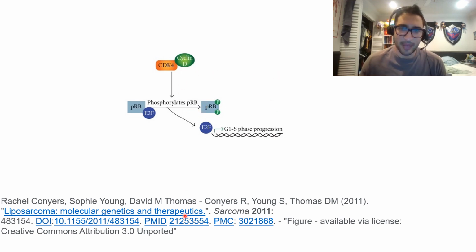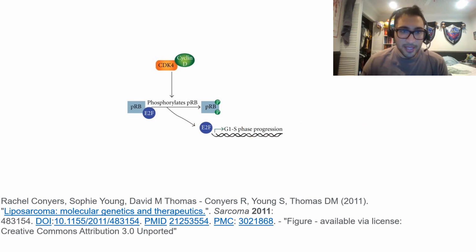Now, to take a step back a bit, remember that in the cell cycle normally, and we'll talk about this more on the next slide, cyclins and cyclin-dependent kinases work together to hyperphosphorylate retinoblastoma. All right, so this cyclin and the kinase that is dependent on it, or a cyclin-dependent kinase, will phosphorylate retinoblastoma. That will cause this hyperphosphorylated retinoblastoma protein to come off of E2F, and then that will cause progression to the